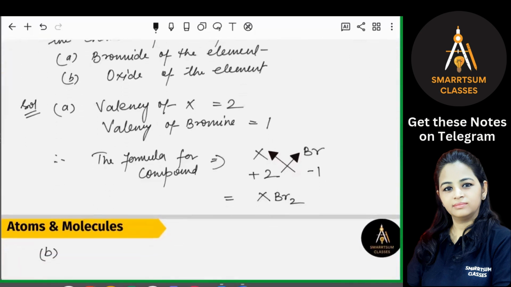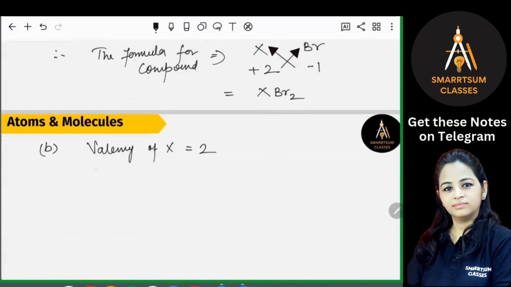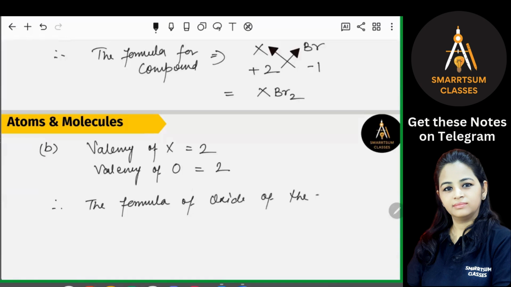So the B part is the oxide of the element. So we have to find what will be the formula for the oxide of this given element. So again, we will write down the valencies. Valency of X is already given, that is 2. Okay, the valency of oxygen, because for an oxide, we know that one of the elements is oxygen. So valency of oxygen is also 2, right? So what will be the formula? Therefore, the formula of the oxide of the element will be equal to